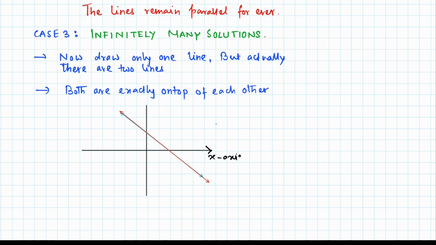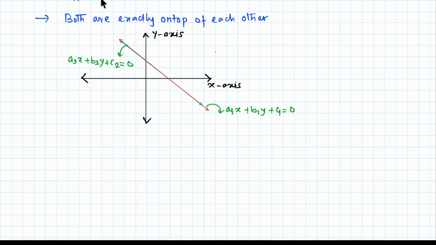We have differentiated them by color, but they are falling exactly on top of each other on the x-axis and y-axis. We are just putting a1x plus b1y plus c1 as the general equation and a2x plus b2y plus c2. So from this graph we can see that they overlap